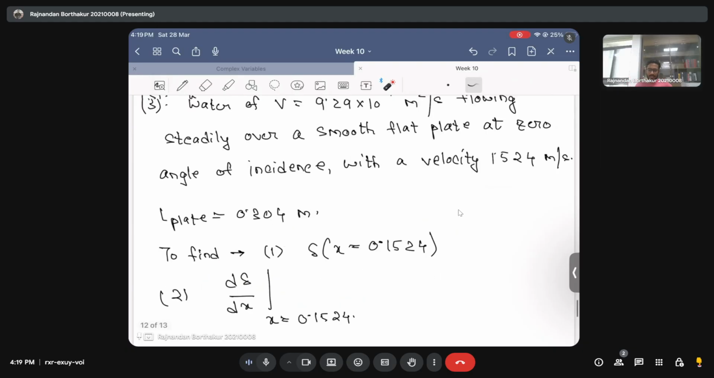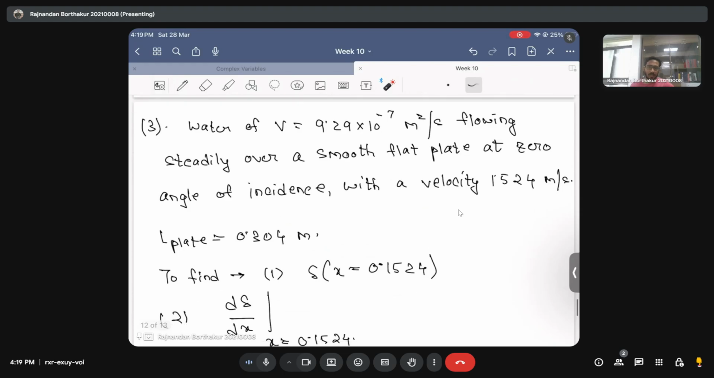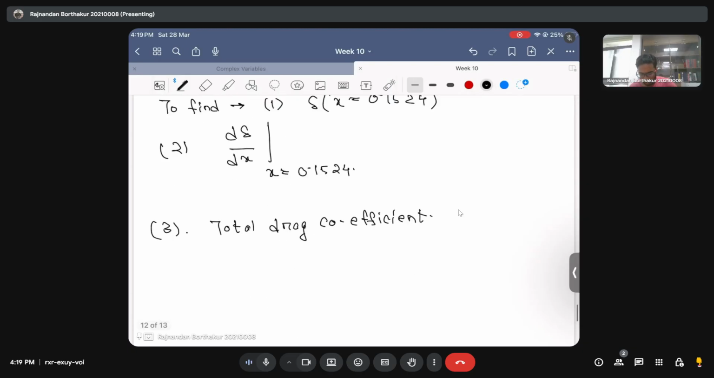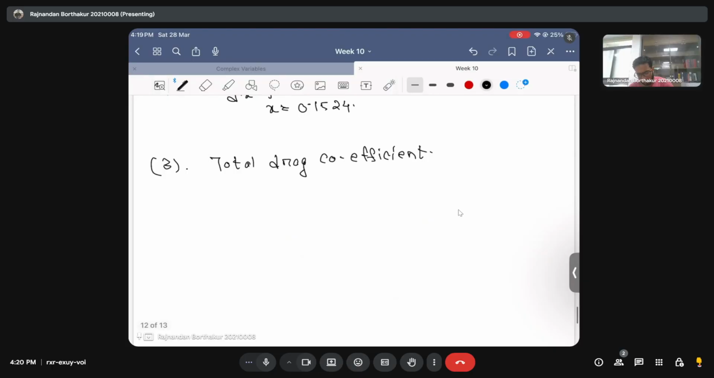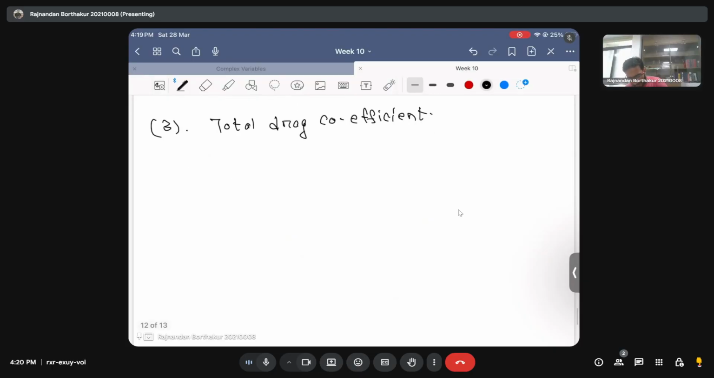Okay, so that's the problem. Since we were just given the values, we can simply use the Blasius result of solving for the boundary layer thickness. So let's try to do the first part, that is calculating the boundary layer thickness. So from Blasius